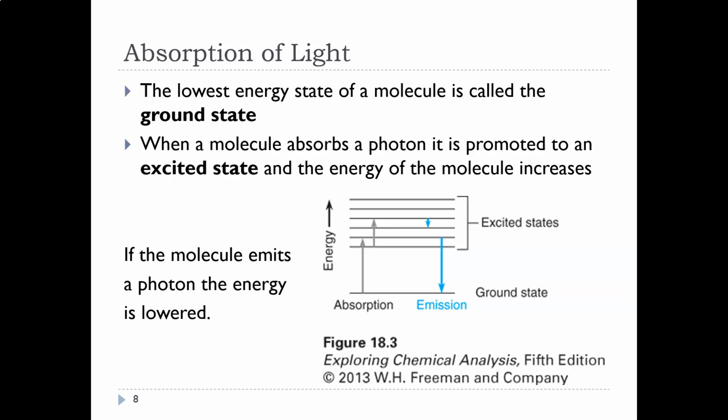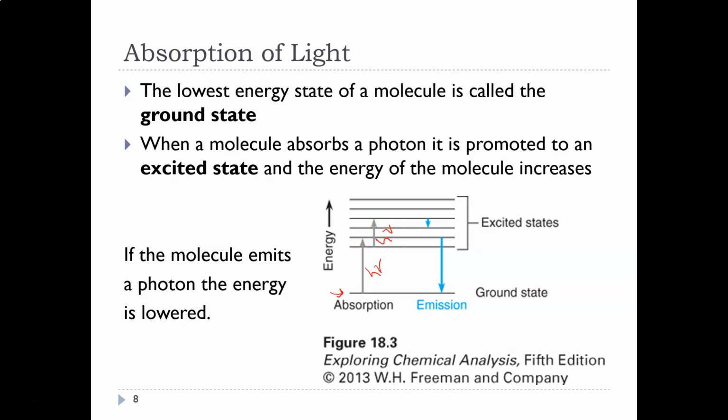So this picture here. The ground state is the bottom line right there. That's just showing the amount of energy that the molecule has in its ground state. And then that upwards arrow is showing when a photon is being absorbed. So the amount of energy increases, upward arrow, goes to a higher energy amount. And so each of the lines above are the excited states. They're amounts of energy that are above the ground state. Okay, there are two arrows here, so we could absorb another photon and it would go up even further to